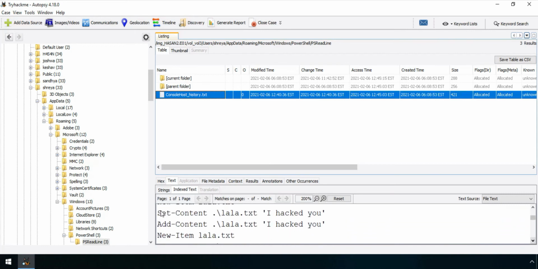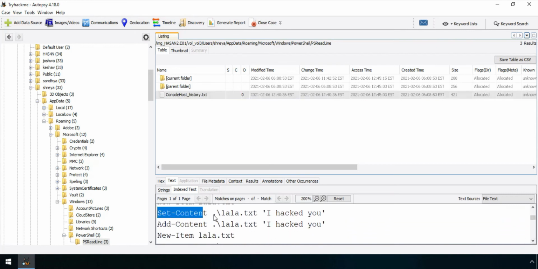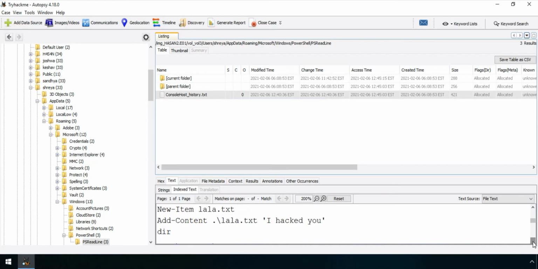So the log actually has, as you can see, Set-Content to this text file, that "I hacked you". This content, I hacked you, was added into the file. So we got what was being added in the file.